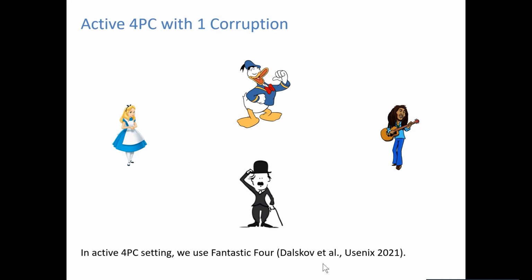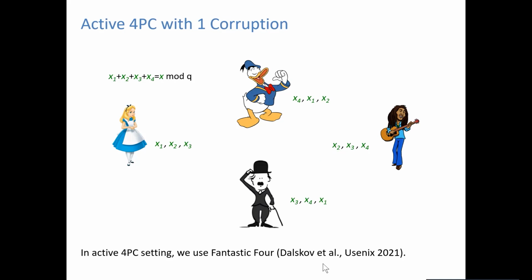So now we have Alice, Charles, Bob, and Donald, and at most one of them is corrupt. So we are again using some kind of replicated secret sharing here. But now you're secret sharing X by creating 4 shares that add to X, and you are giving 3 of them to each of the parties. So for party i, you give all the values except the i minus 1 mod 4 one.